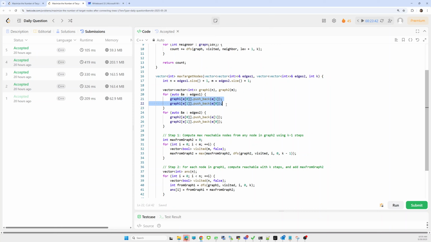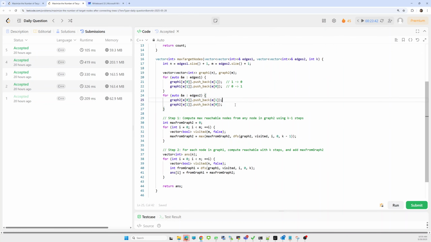From node 0 we can move to node 1, and from node 1 we can move back as well. 1 to 0 is possible, and similarly 0 to 1 is also possible. In a similar fashion we'll create an adjacency list for tree 2, graph 2.